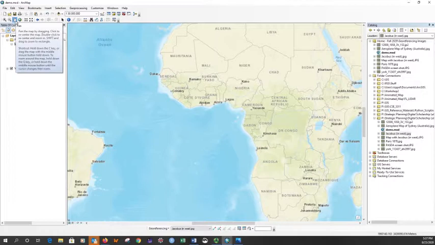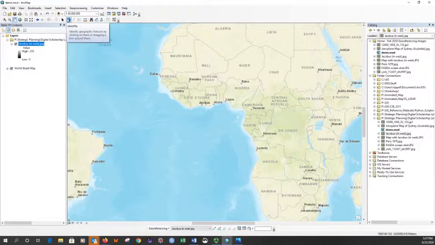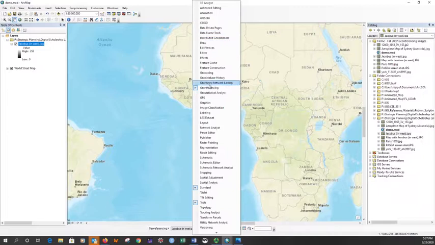But there are also a great many other toolbars that are meant for more niche purposes and which you have to specifically open. In this case, since I've been working with this a little bit, that toolbar is already open, but I'm going to show you how to do it. So to open this toolbar, you would right-click on this gray area up here,